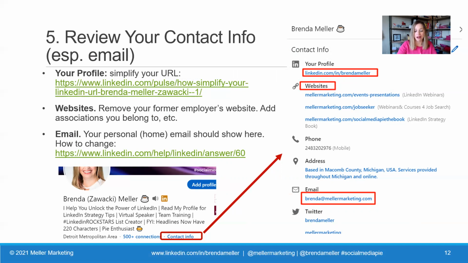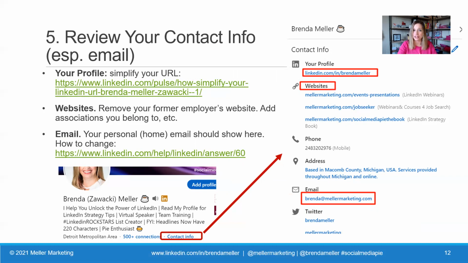Okay. And moving along, you'll see your email address in here. There's only one email address that we can see, and that is the email that you designate as primary. Do make sure that that email address is your home email. If it's your former employer's work email, you need to go change that immediately, because someone might be visiting your profile and have a job opportunity to discuss with you, but they are emailing you to your former employer. And guess what? You're not getting those messages, right? So let's increase our odds for creating that dialogue, making ourselves accessible to those hiring managers.